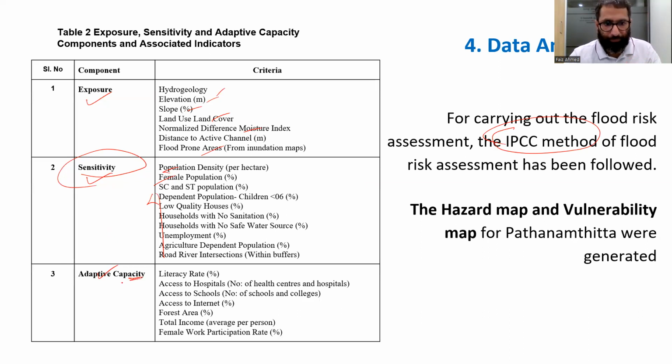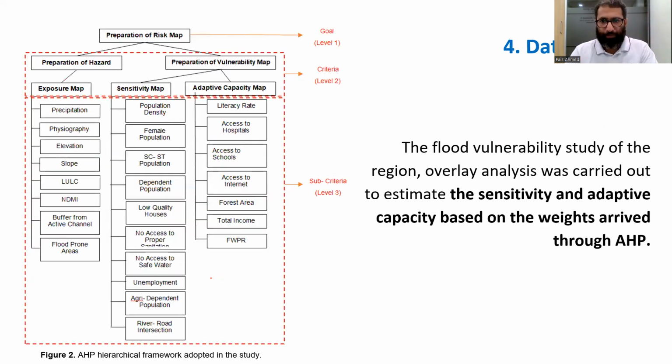And for the adaptive capacity, the literacy rate and access to infrastructure like hospitals, schools, and internet were used. And the AHP was used to check how the municipal administrator or decision maker views these parameters,